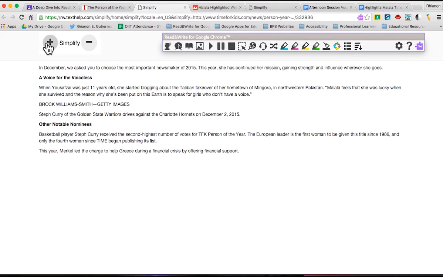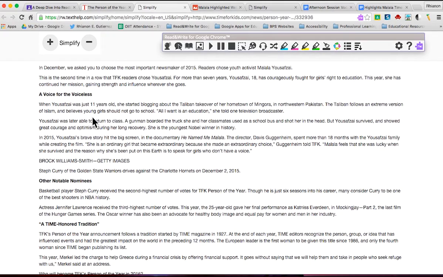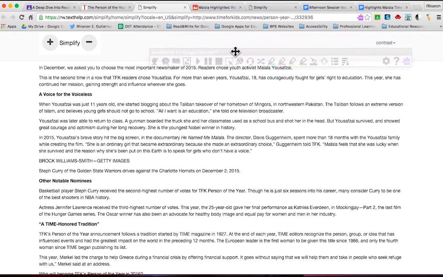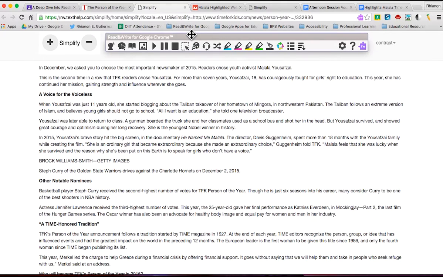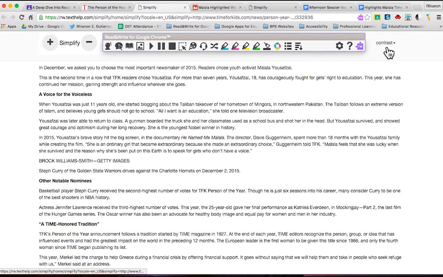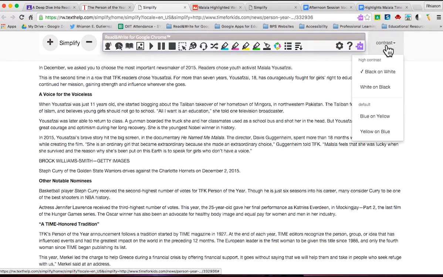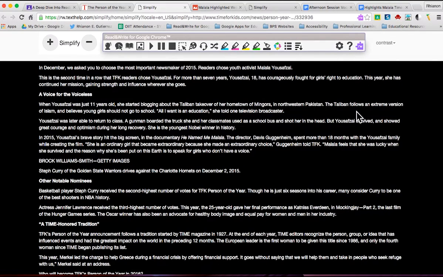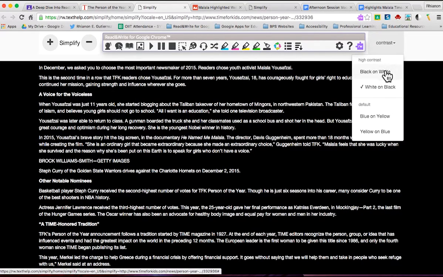Now, there can be pros and cons to this. Use this as you see fit. The reason I've chosen to go to this page is to show you how you can even customize Simplify as well. Let's move the toolbar down to see what else we see. Alright, so I move my toolbar to the left and I see something that says contrast on the far right side. You can actually choose, if you do not like black on white, to make it white on black. This is really good for those who may have vision challenges. I'm going to bring mine back.